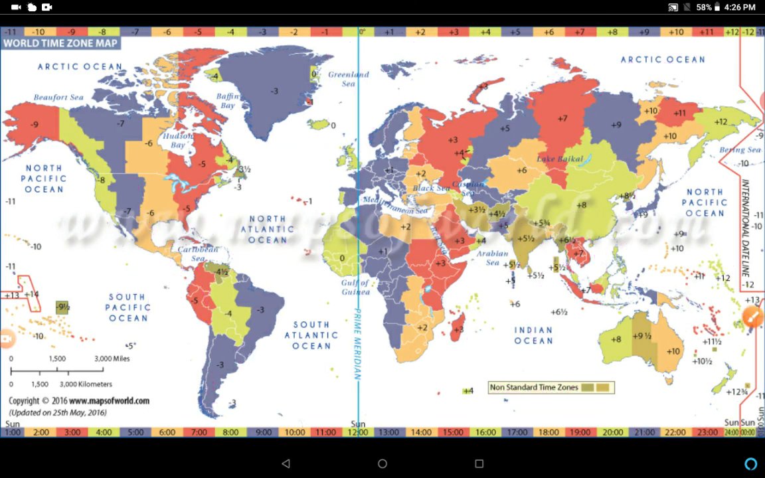Now, this is about the time difference. With the help of the longitudinal location of any country, you can count the time. You can tell the time if you know the standard meridian of that country. You can easily know the time of that country. Clear? Now we'll discuss the